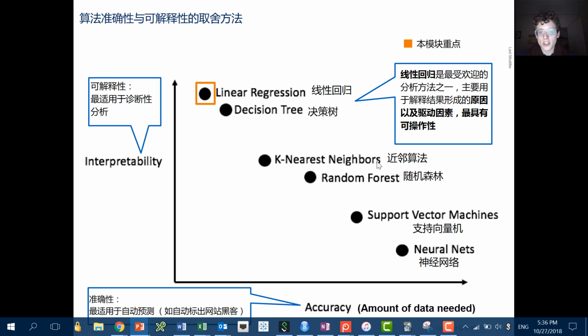Now, these three, you may have heard people talk about them. I'll just go over quickly what they mean. K-nearest neighbors is an analytical technique which says, I am going to predict the value, which is the average of my k nearest neighbors, where k is a number, like 3 or 5.